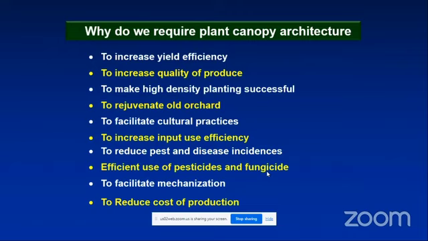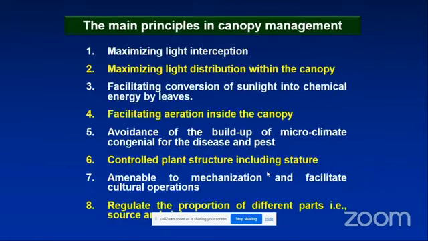So we go for canopy architecture to increase the quality of the produce, to make high density planting successful, to rejuvenate old orchards, to facilitate cultural practices, to increase input use efficiency, to reduce pest and disease incidence, to make efficient use of pesticide and fungicide, to facilitate mechanization, and to reduce the cost of production. The main principles in canopy management are maximizing light interception, maximizing light distribution within the canopy, facilitating